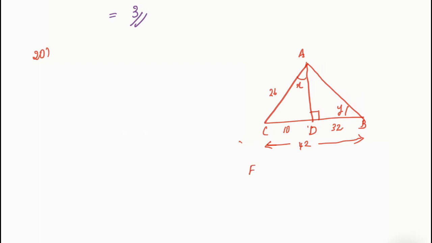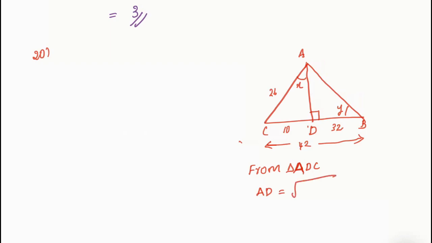So first, from triangle ADC, just have a look at the triangle. In triangle ADC, what is missing? AD is missing. So AD is equal to